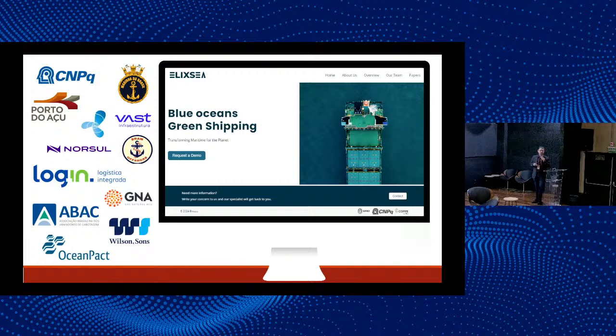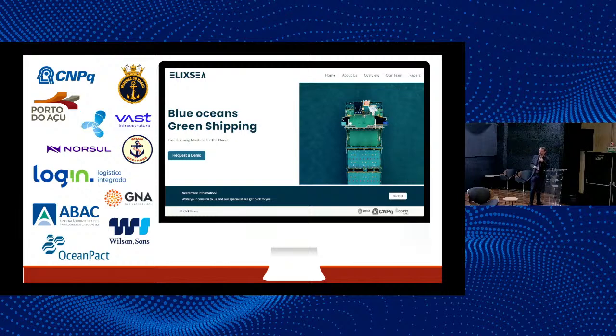This solution is partially implemented in one of our current projects in partnership with many different companies. This is an online solution that we will release next year, providing solutions for two types of clients: for ports, authorities, and port terminals that want to track the emissions of scope 2,